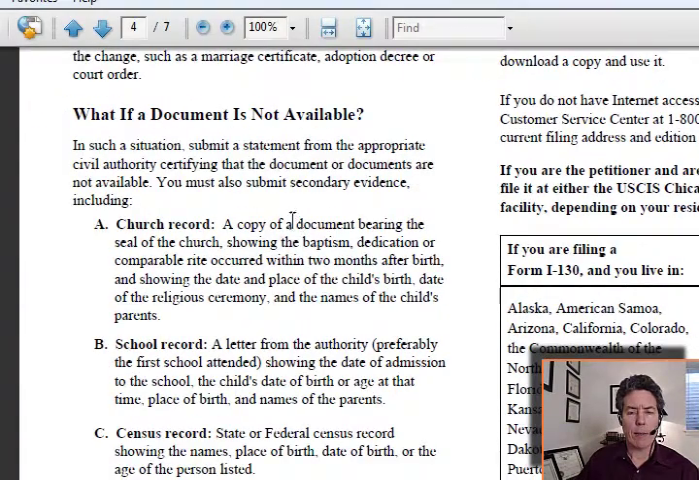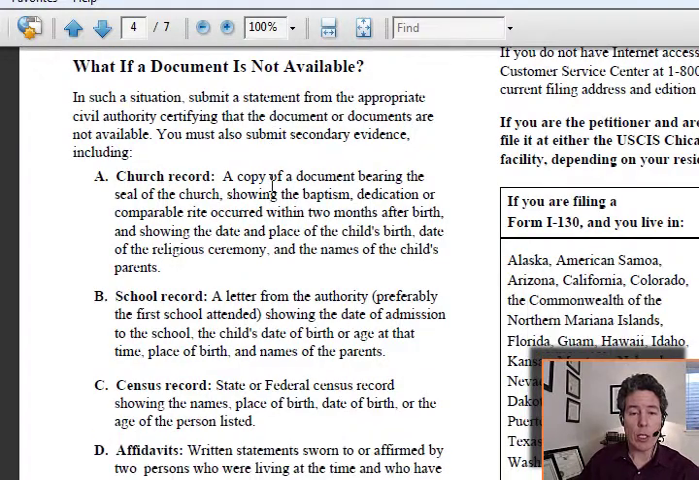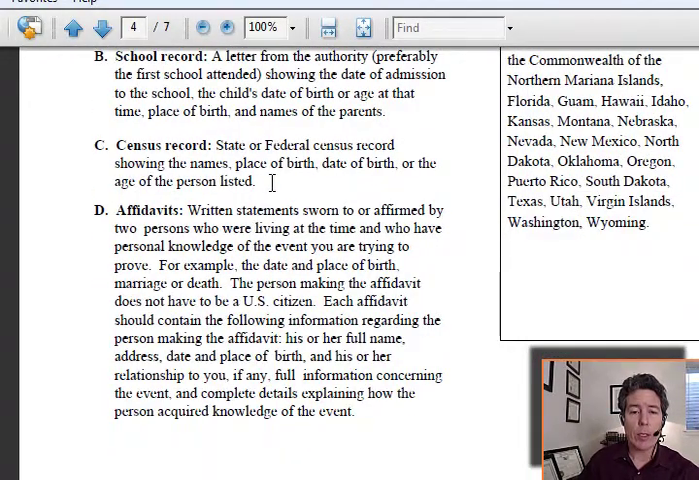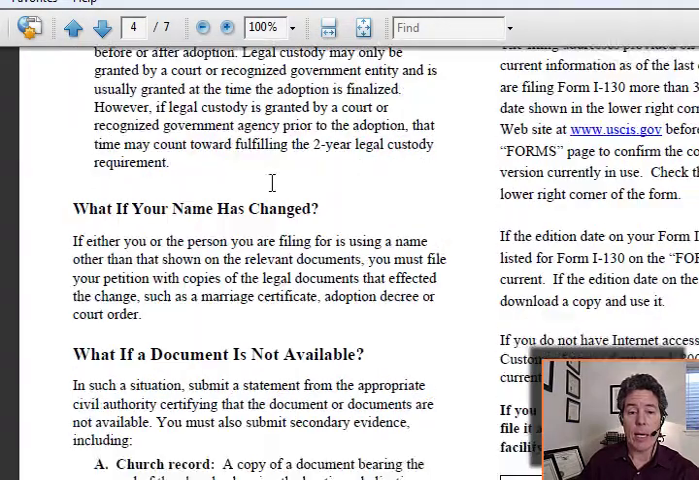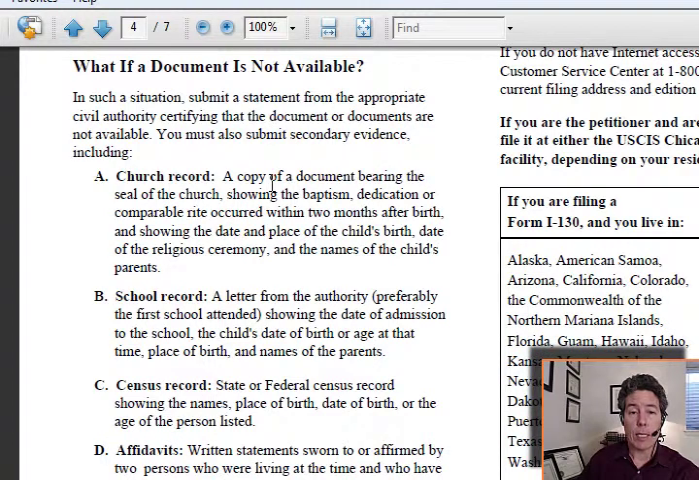If a document's not available. So again, same thing as what we covered in the birth certificates there, proving that you are a U.S. citizen. You can use church records, school records, a census record, or affidavits. And we have definitely been successful using these kinds of documents when we don't have the proper documents. But in this case that we're working with right now, the petitioner is a U.S. citizen and they do have a U.S. birth certificate. So